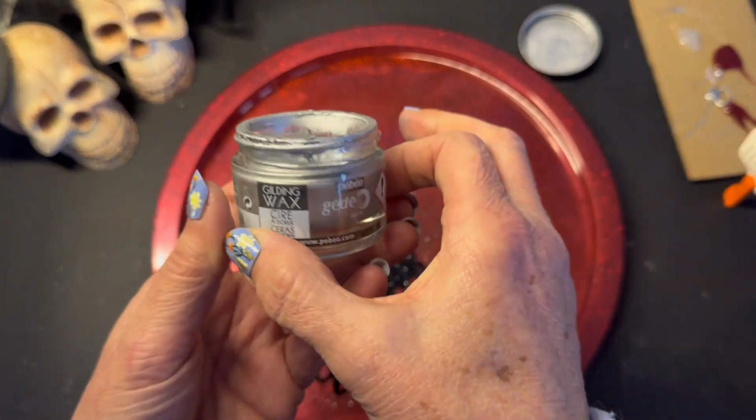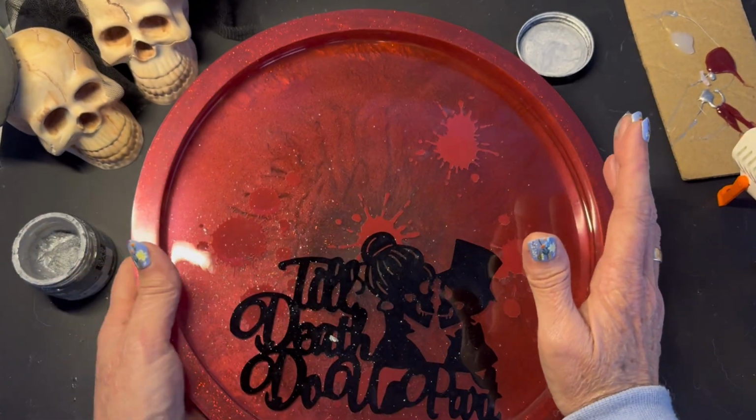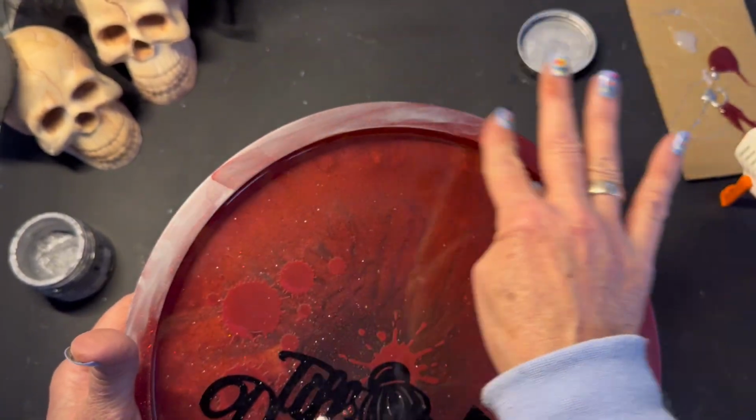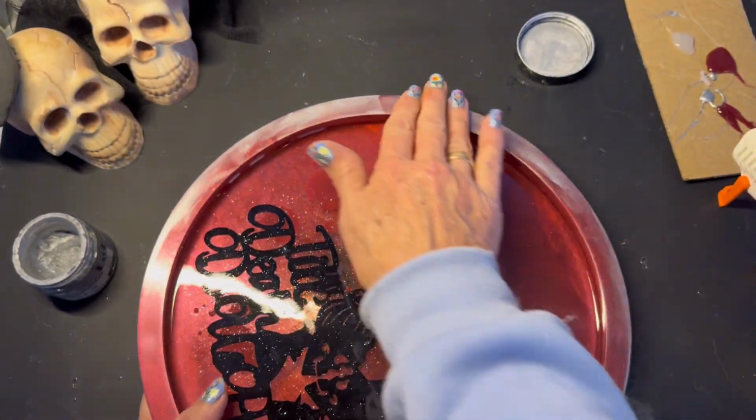So now I'm just going to use some gilding wax, pop a bit on my finger, and then I'm just going to rub some of that just round the outside, just roughly, just to age that up a bit,